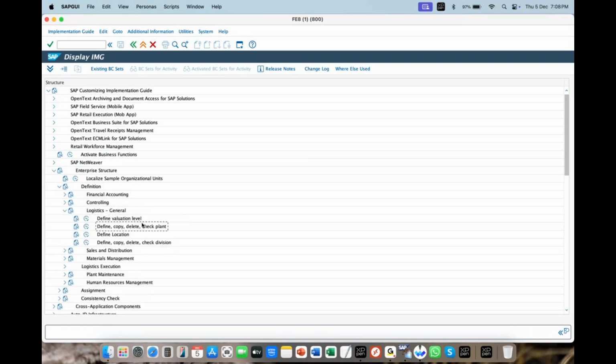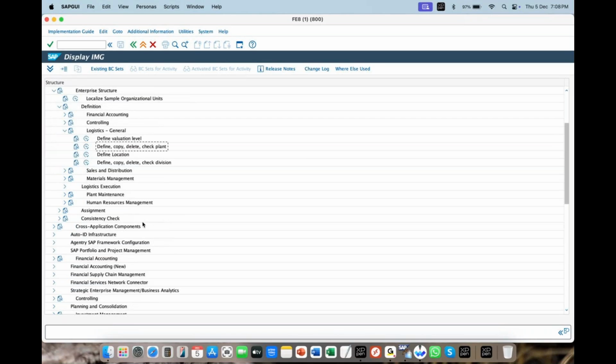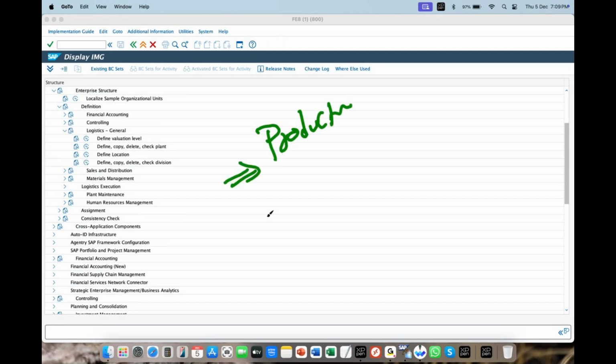See, plant is such an area which will be operated by the first who operate the plant, production people, production. Second, who operate inventory. Third, who operate warehouse.